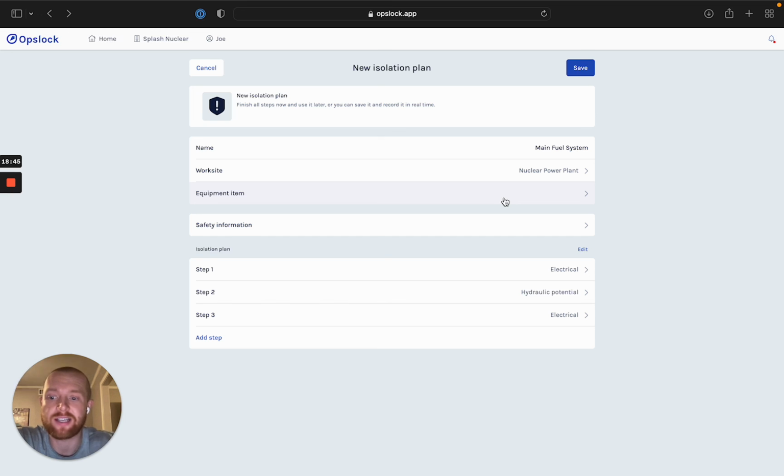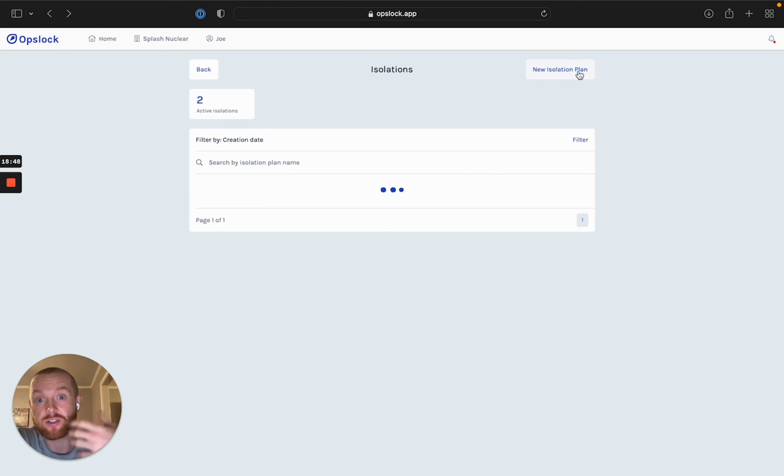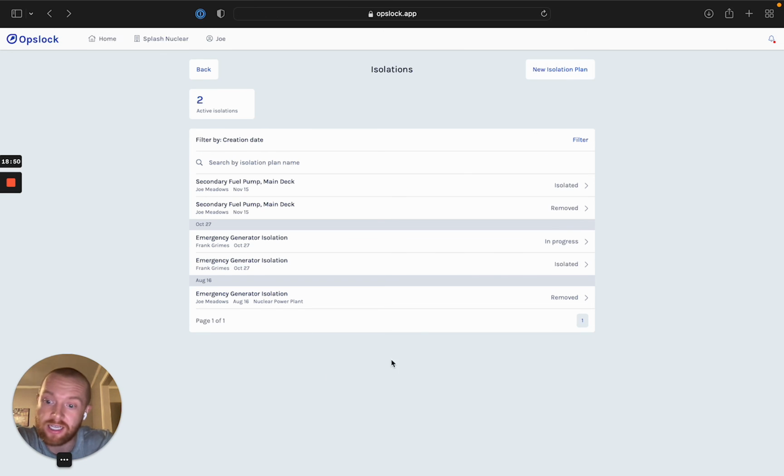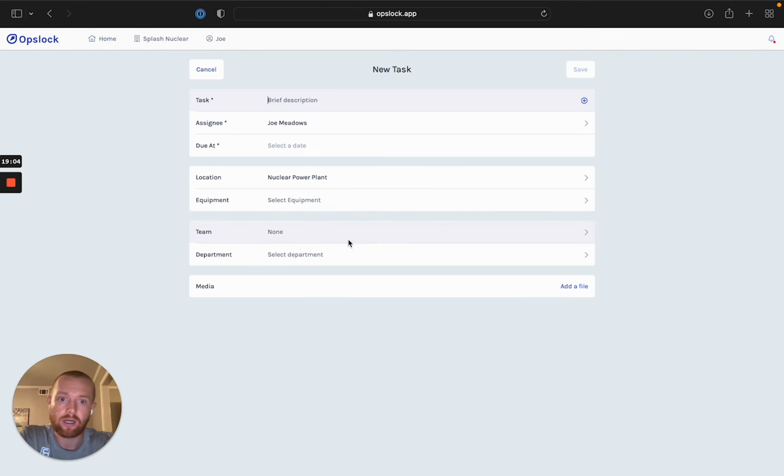Now, when we press save, one thing to note is we're not going to be able to see anything here because this is only showing us active or historical isolations. It's not a list of isolation plans. If we do want to access this isolation, all we'd have to do is create a task, fuel system maintenance,